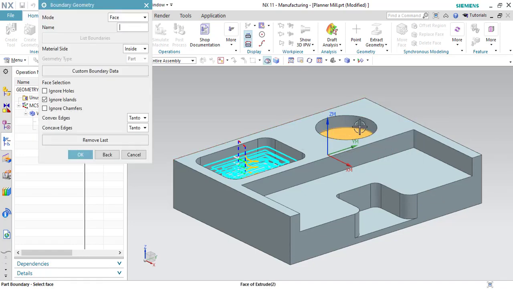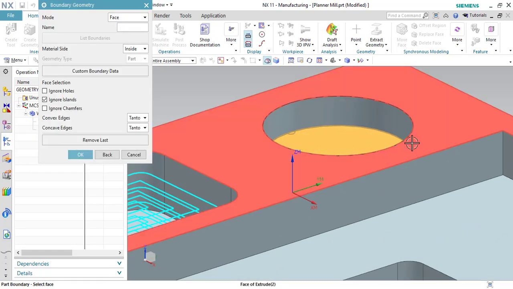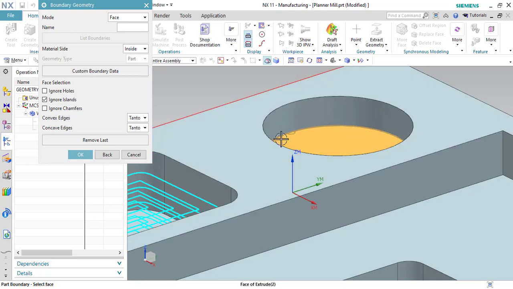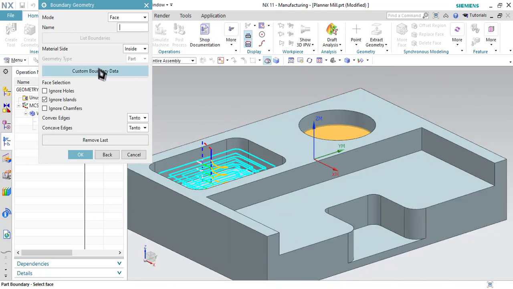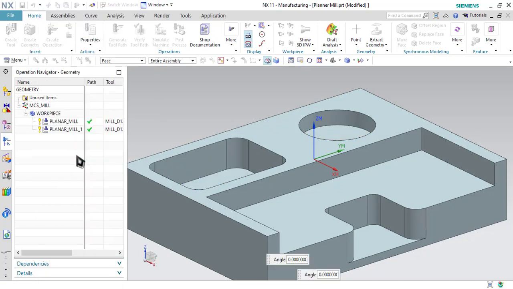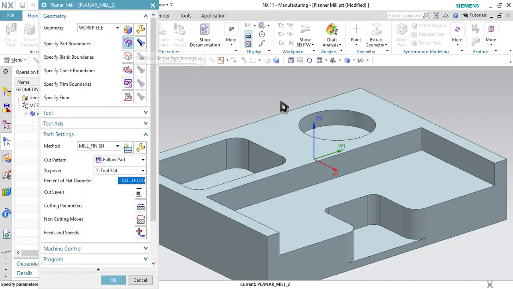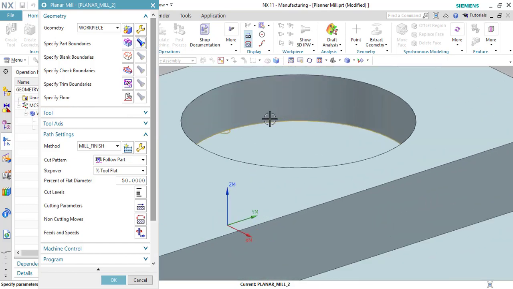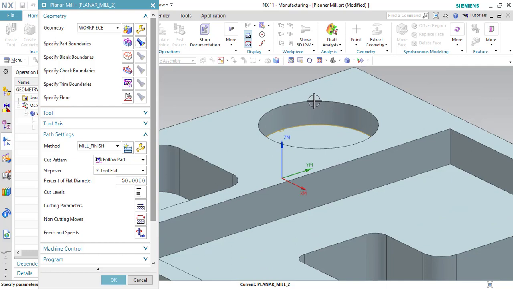So I have selected this bottom surface, and as you can see with the dark brown color, the boundaries have been specified, and we have to select the outside option in material side. Select that and click OK. Now as you can see, that edge is selected at the bottom surface, and we need that edge on the top surface.